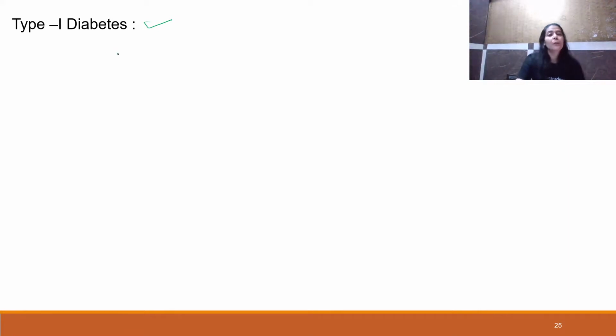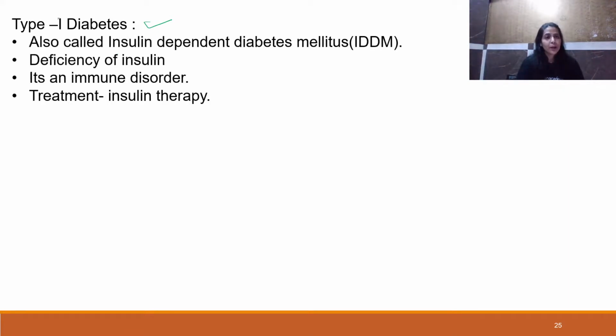All right. What is type 1 diabetes? Type 1 diabetes is also called insulin dependent diabetes mellitus. Once again, it is called insulin dependent diabetes mellitus. The diabetes mellitus which is dependent on insulin is insulin dependent diabetes mellitus. It occurs merely due to deficiency of insulin, right? And it's an autoimmune disorder. Your own body starts degrading your own pancreatic cells, especially